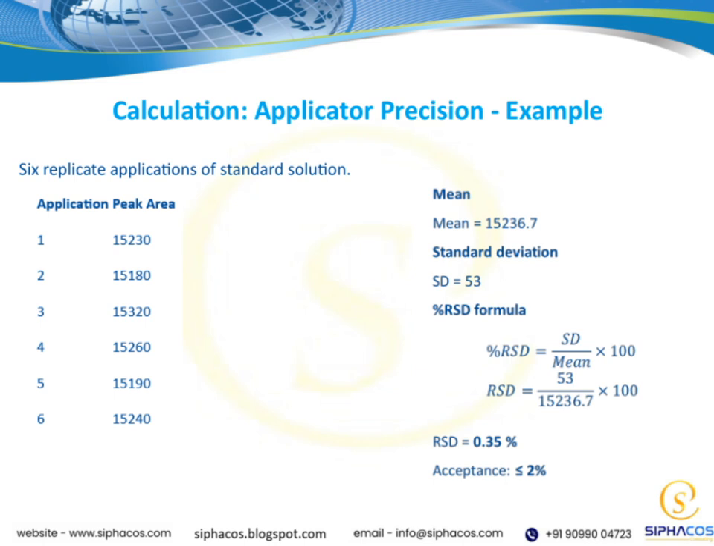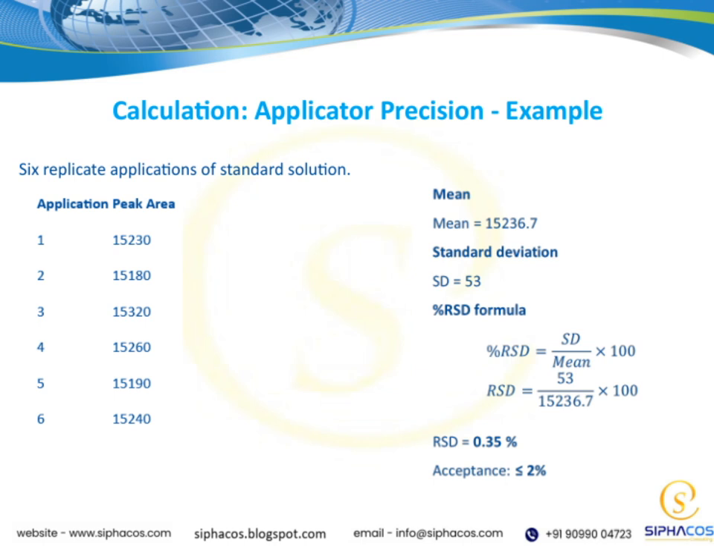This step is crucial because if our applicator isn't precise, it can lead to variability in our results, which impacts the overall reliability of our analysis. So, by examining these 6 replicates, we get a clear picture of the applicator's performance and can identify any inconsistencies that might need correction. This example ties into the bigger picture of quality control in our analytical procedures, ensuring our measurements are both accurate